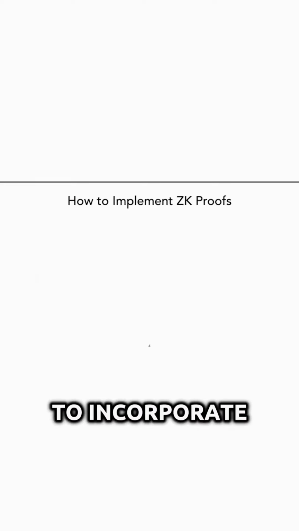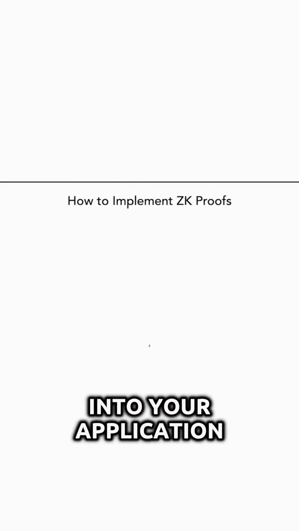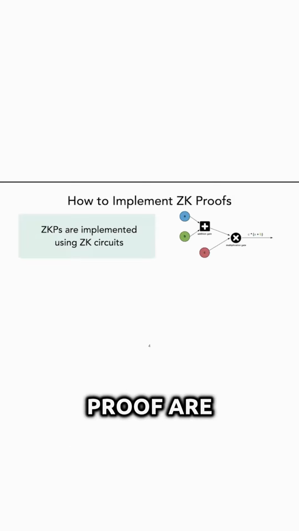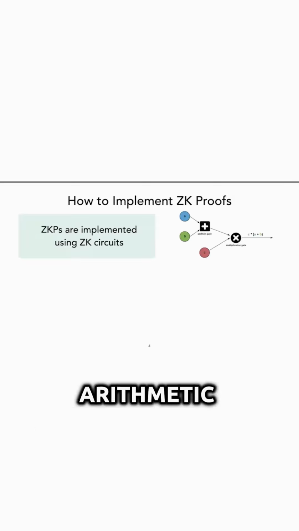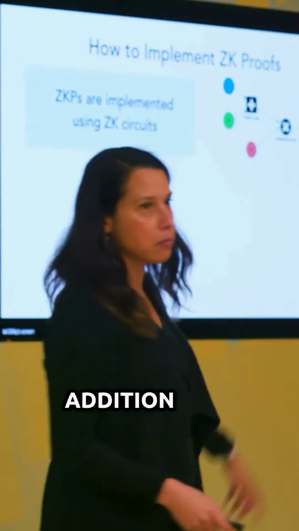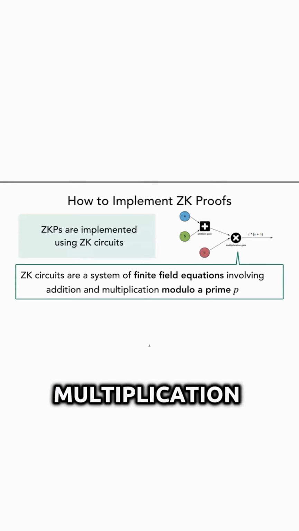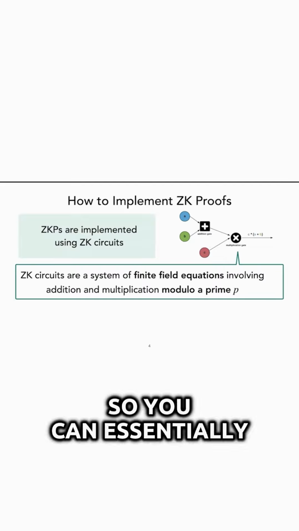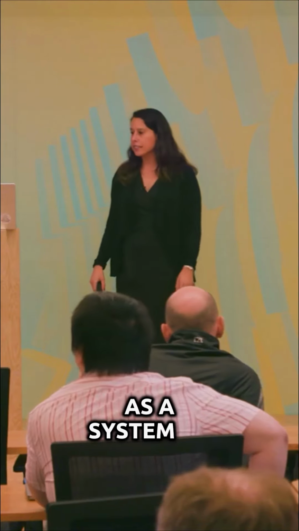But let's say you are a developer and you would like to incorporate a zero-knowledge proof into your application. How do you go about doing that? Typically, zero-knowledge proofs are implemented using these arithmetic circuits. So as you can see, you basically have some inputs, you have these gates, addition and multiplication, and the circuit has some outputs. But the important thing here is that addition and multiplication happens in some modulo, some prime number, so you can essentially think of ZK circuits, as far as this talk is concerned, as a system of